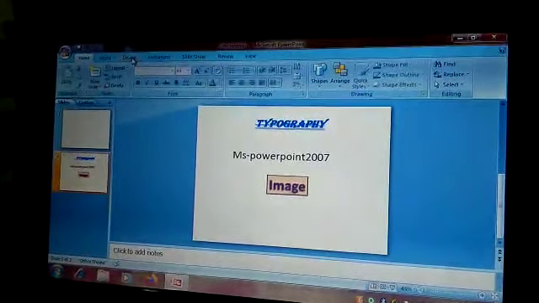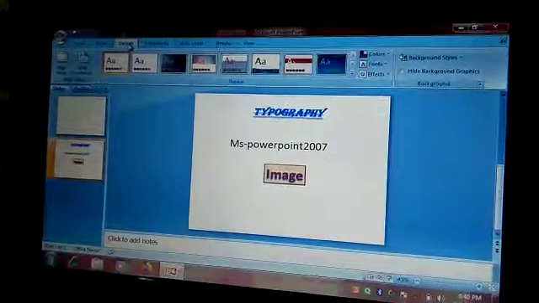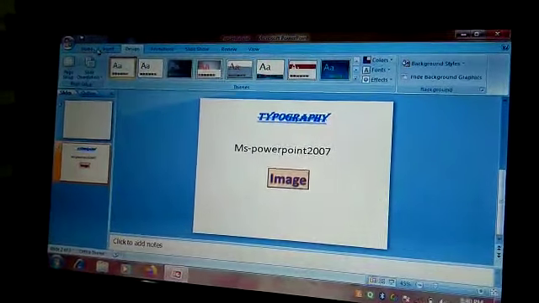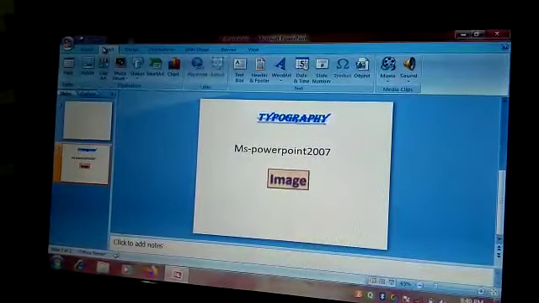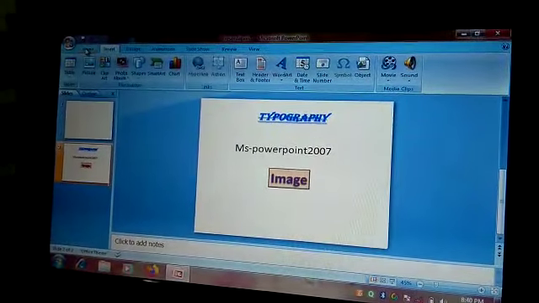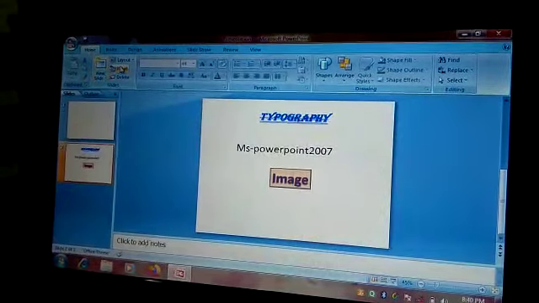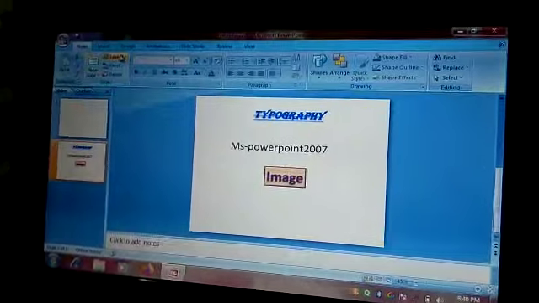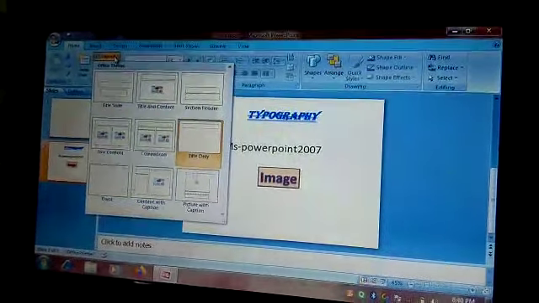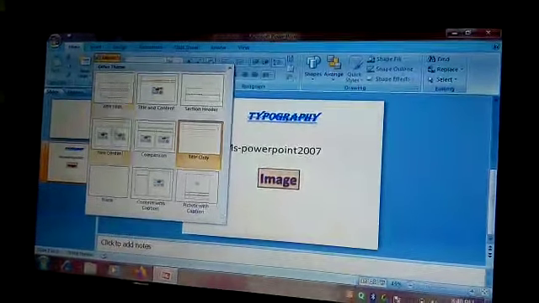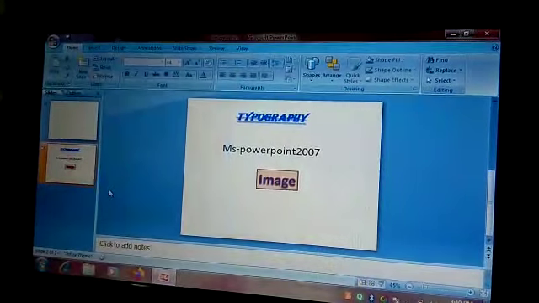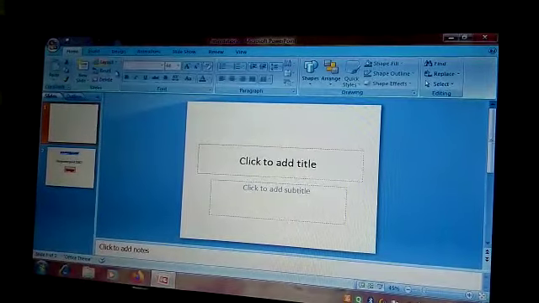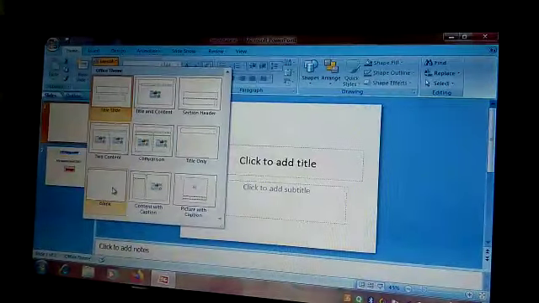Besides this, in design, we are having certain themes also. Suppose I have created these slides, and first of all I want to insert a new slide also. The same step I need to repeat. Say insert. I told you, from the slide group, new slide. Besides this, we are having the layout option also. Out of this, the same option as I got for a new slide, here also I will get it, and say blank. I have selected this blank slide this time. So the blank slide is before me.